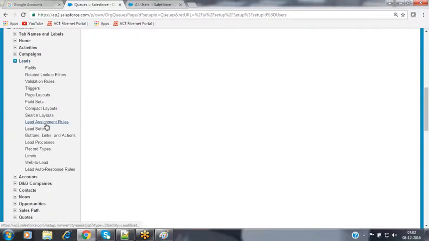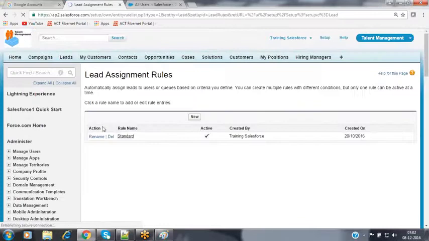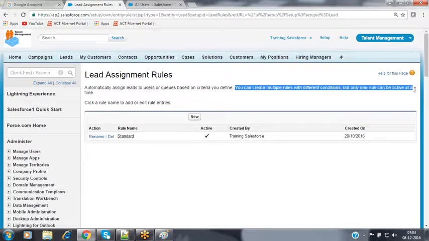Go to Leads. Click on Lead Assignment Rules. Now it is giving this information: automatically assign leads to users or queues based on the criteria you define. Nothing but based on the criteria, we can assign that lead record to either a user or a queue. It also says: you can create multiple rules with different conditions, but only one rule can be active at a time.